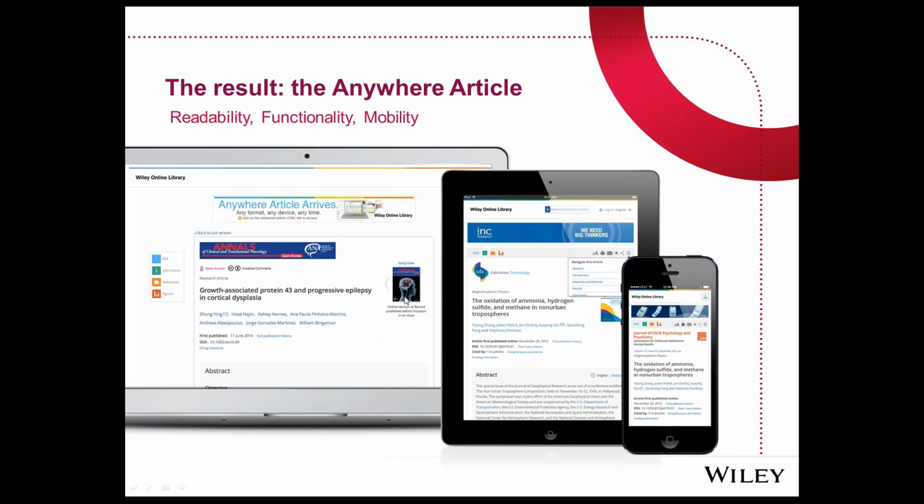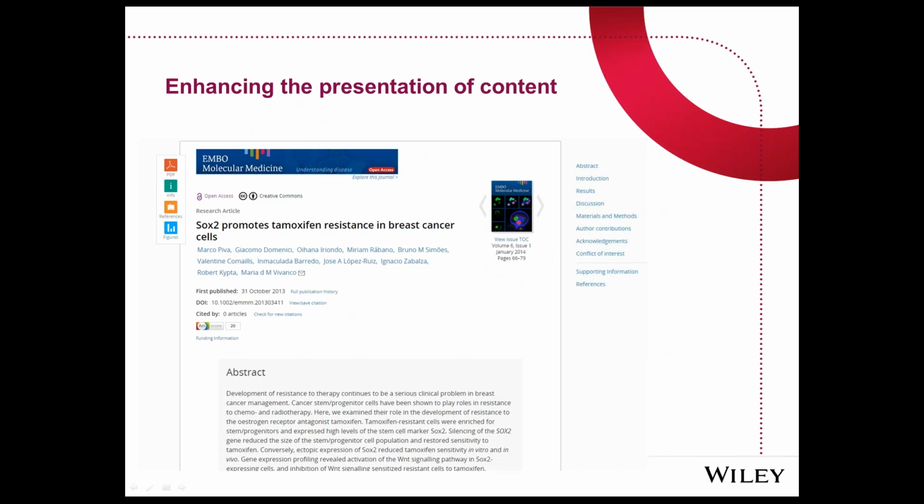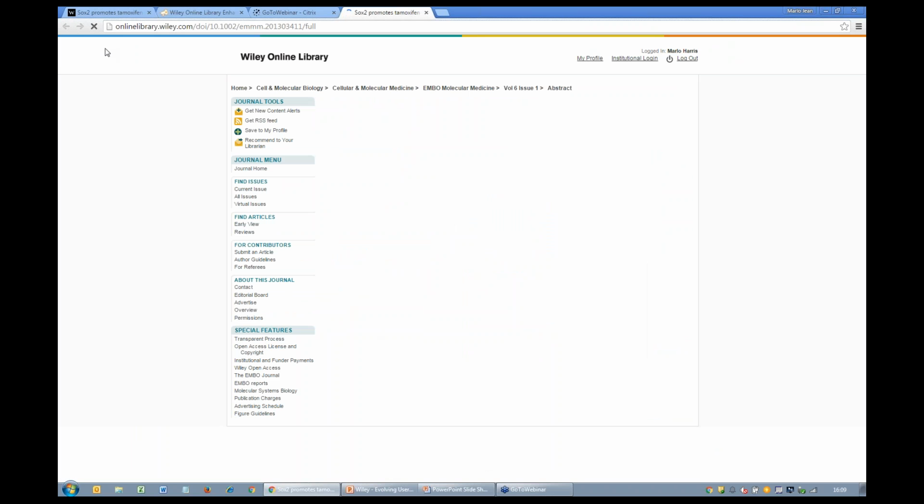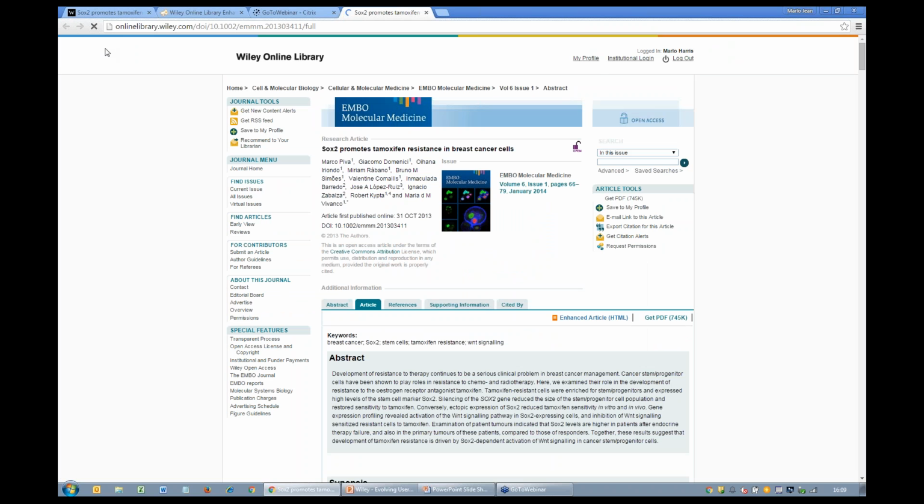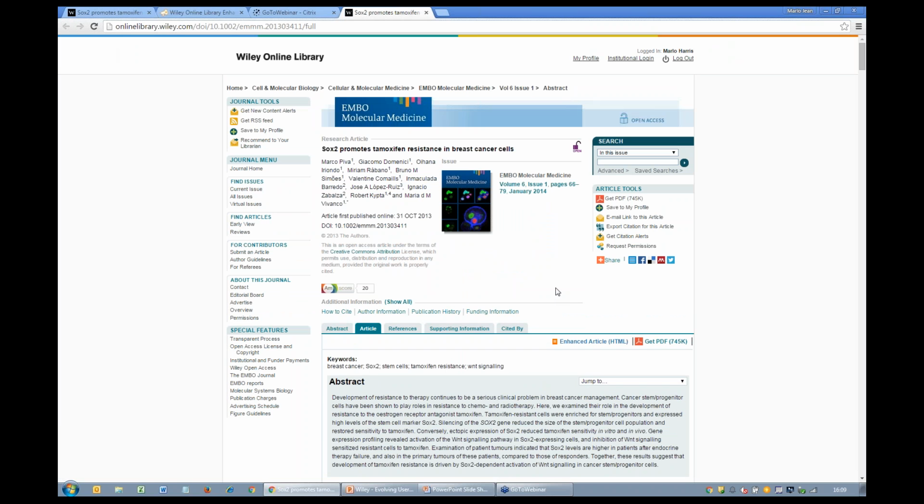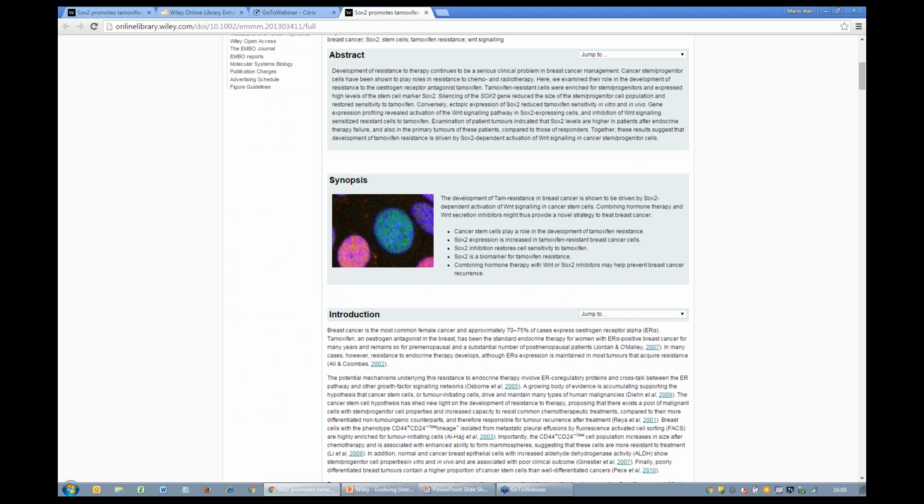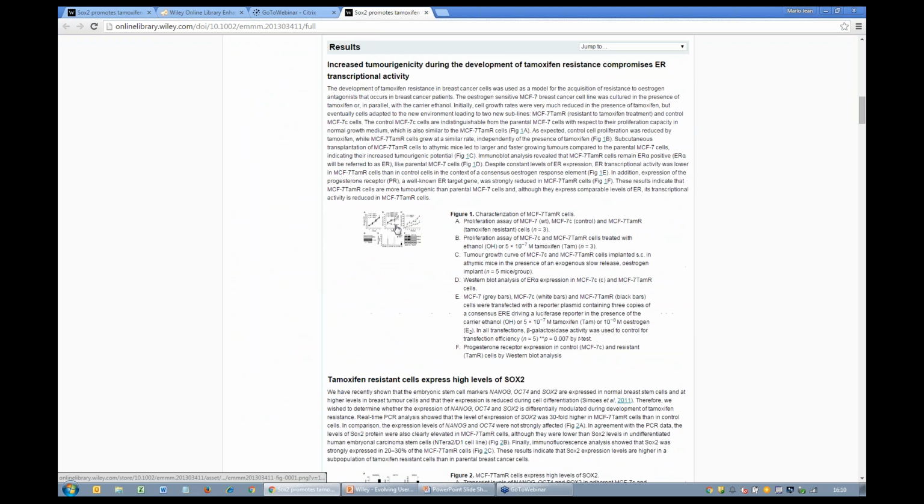So I'm just going to very quickly go into a live example, which is always a bit of a risk on the web, but I'm going to do it and just walk you through those features that highlight the readability, functionality, and mobility. So this is our old version of the article. As you can see, it has everything that people complained about. There's a lot of clutter. The font is very small. The thumbnails. It's not hard to understand why people didn't really enjoy the